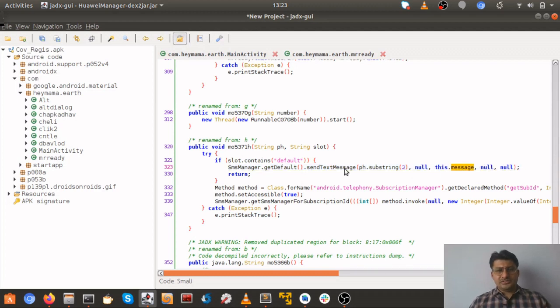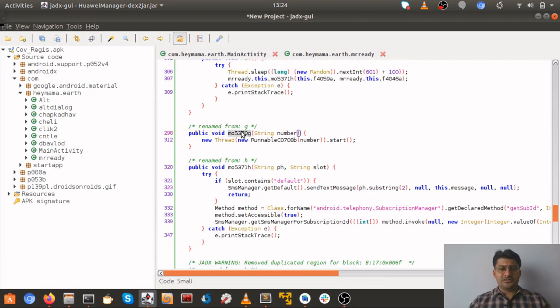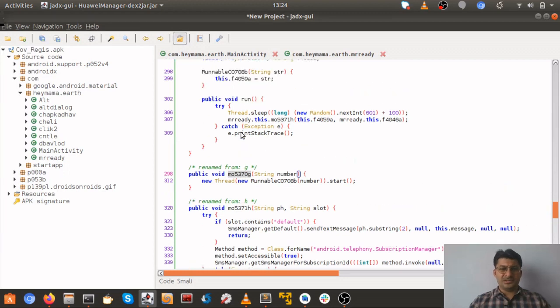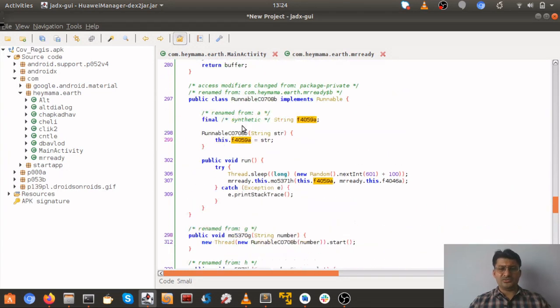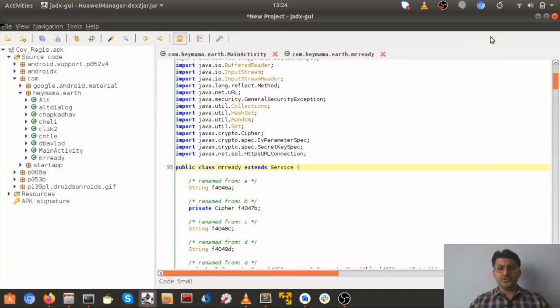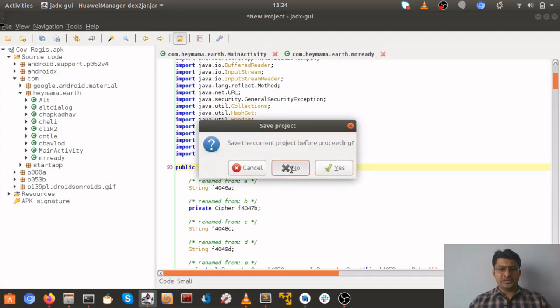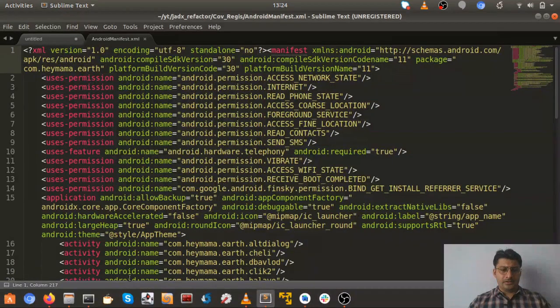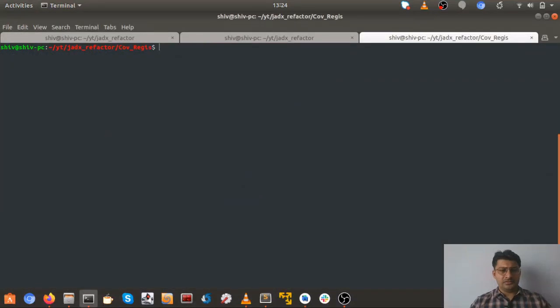So this is by using JetX GUI itself, but let's have a look at the second method of Android Studio, because somewhere down the line I feel that method is a cleaner method. If you see here, the JetX GUI does something internally and changes the names to some kind of cumbersome strings. So what we can do is let's get back to the second method. So let's close this, we don't want to save it, and getting back to our terminal, clear.